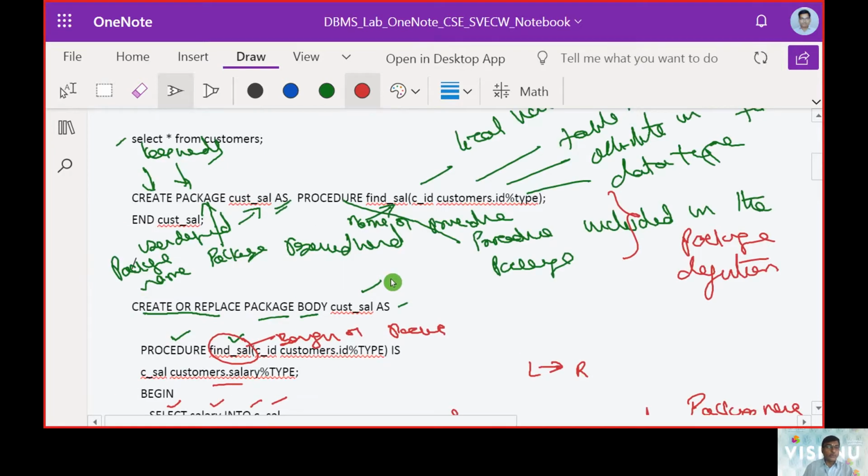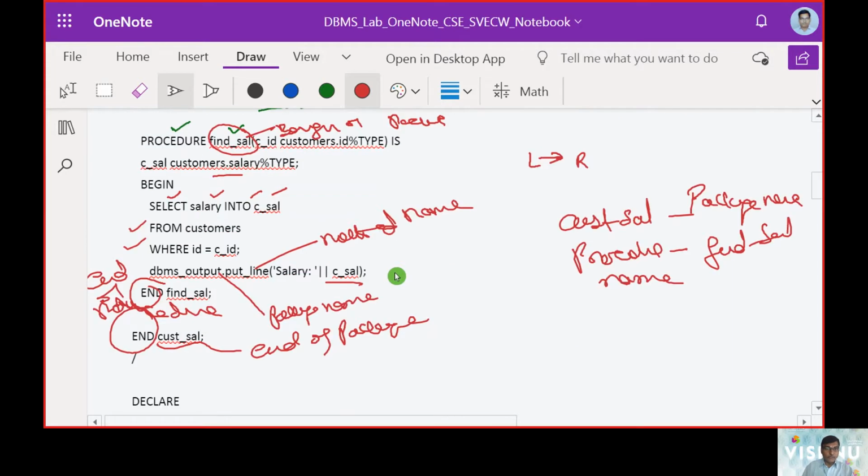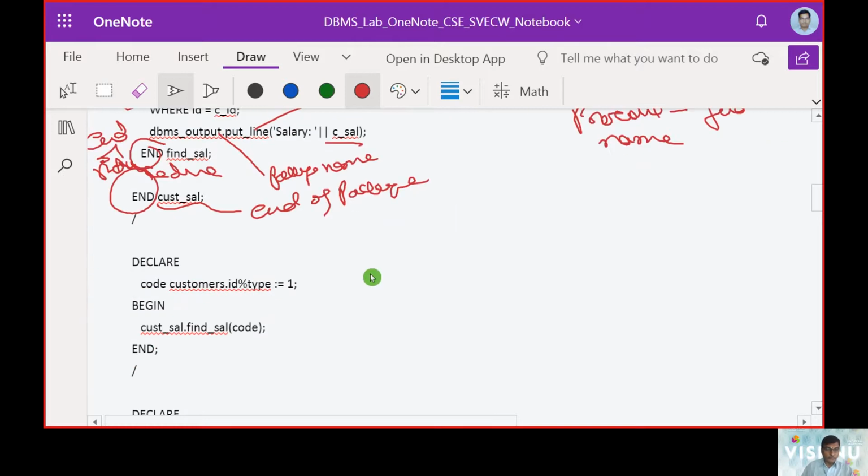So we talked about the package definition, create package cust sal, which includes a procedure. Then we made a procedure body, and then we had all the attributes. Then we made a select command. In this select command, we are moving the local variable salary into the global, that is the customer variable, and we display the content here.